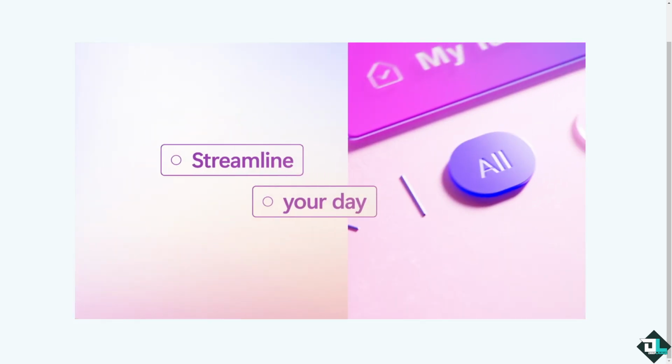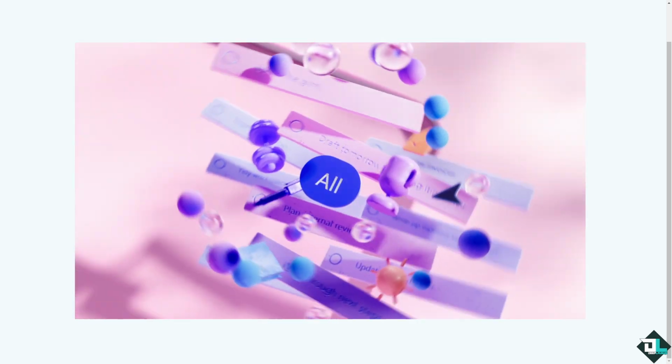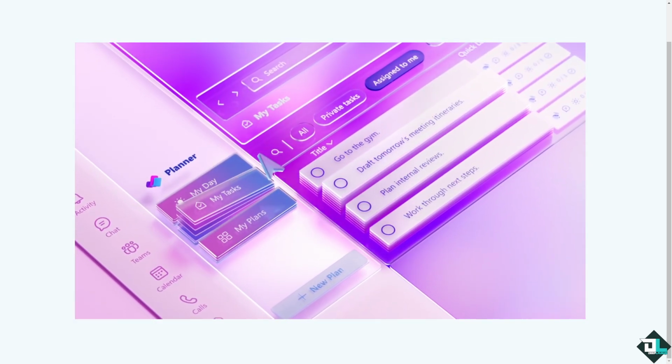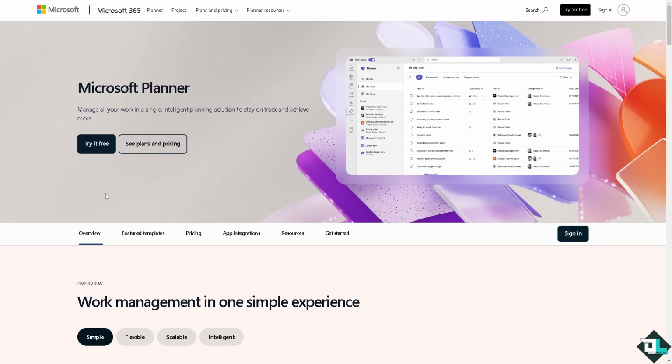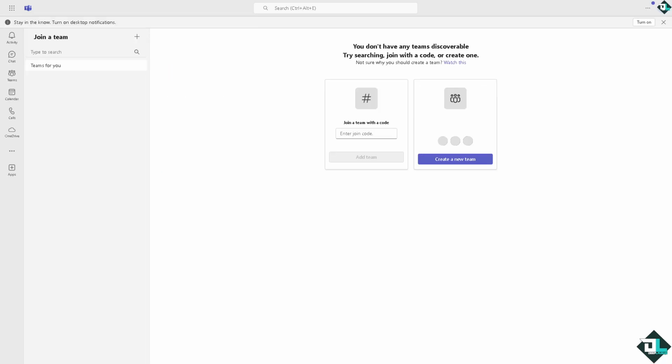In today's video, we are going to show you how to access Microsoft Planner from Microsoft Teams. Let's begin. Now, the first thing that you need to do is to log in using your credentials. If this is your first time in Microsoft Planner, I want you to click the sign up option. And from here, just follow the on-screen instructions and you're good to go. Accessing Microsoft Planner from Microsoft Teams is very simple and allows you to manage your tasks directly within your Teams